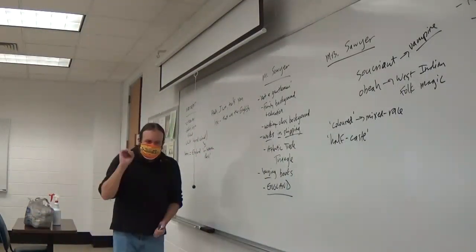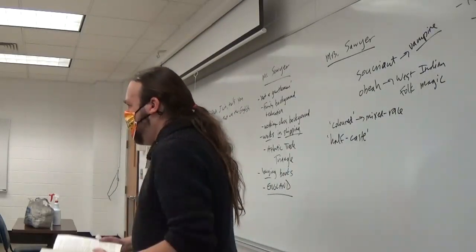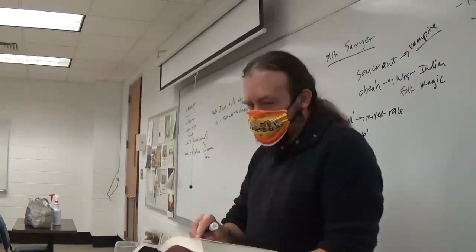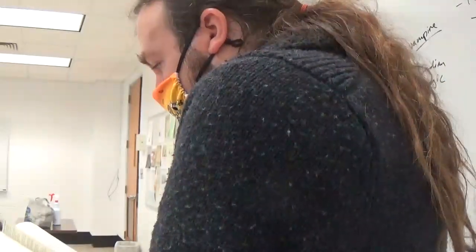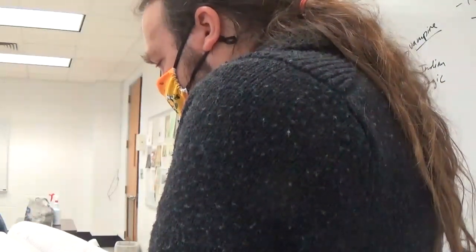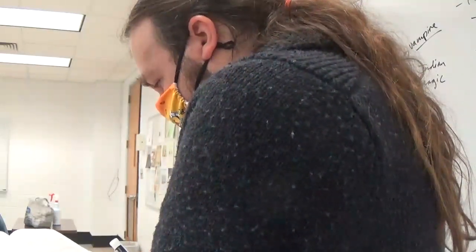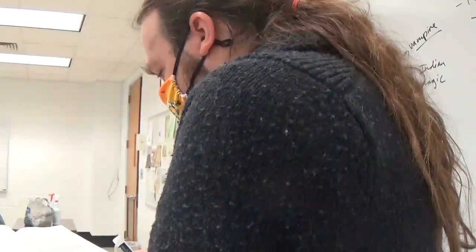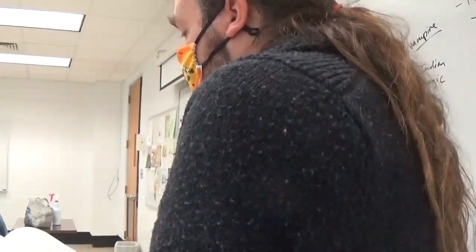But I want to look briefly at what Froude actually wrote about the West Indies. So this is in the Victorian Age book. It was one of the ones that we were going to look at when we talked about colonialist texts in the Victorian era, but we didn't really get to it. So this is what Froude has to say about what he calls the West Indian Negro, right?